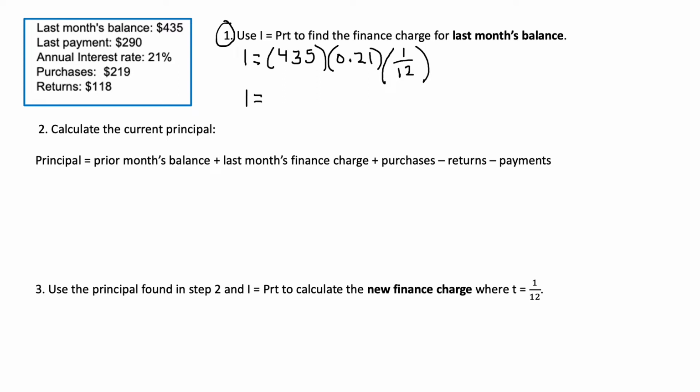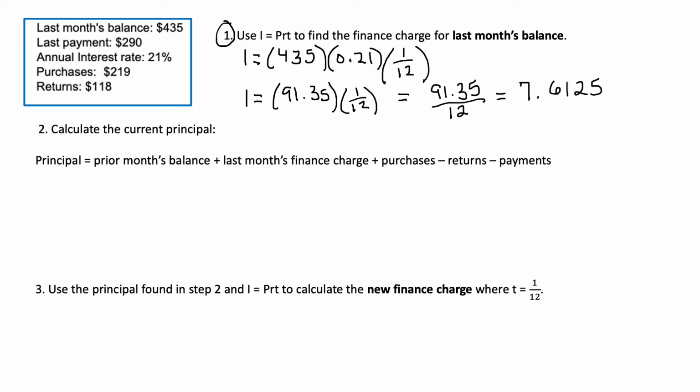We can multiply the first two numbers together. 435 times 0.21 equals 91.35. And we'll multiply that by 1/12. Now when we multiply fractions, we just multiply the top numbers together and then the bottom numbers together. So this would be 91.35 times 1, which is the same as 91.35, over 12. So to do this on our calculator, we can just take 91.35 and divide it by 12. And we'll get a decimal of